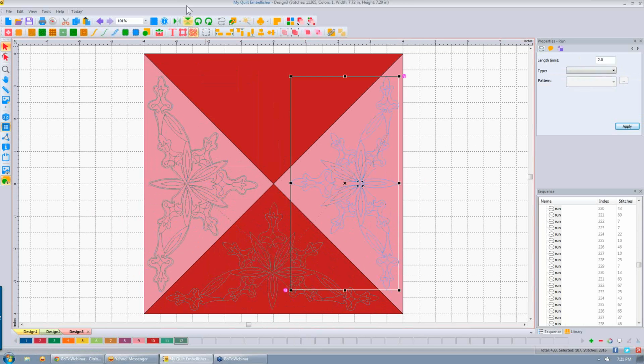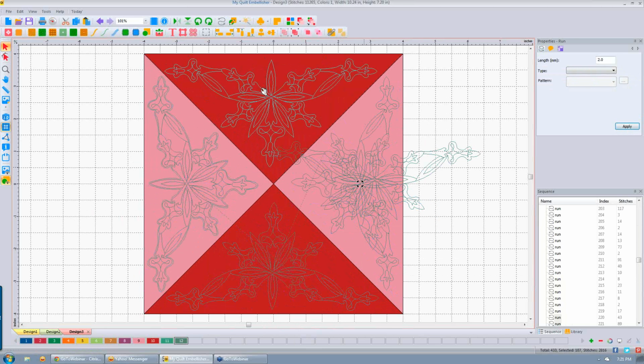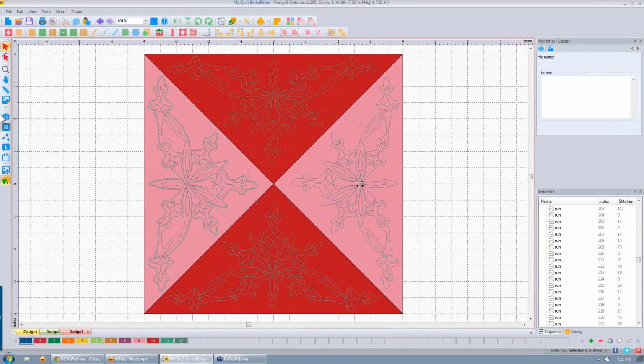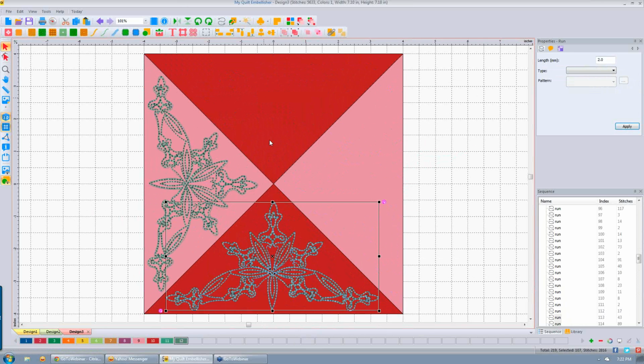And select it, rotate it twice for 90 degrees, and there you go. In 3D, that's kind of a cool effect. But if you don't want to do 4 different designs, we could actually take those, select 2 of them, delete them,